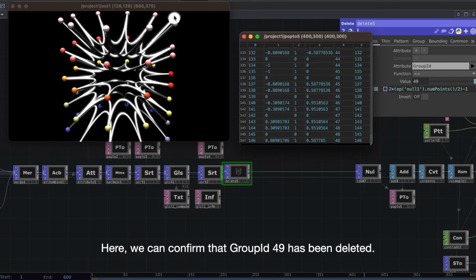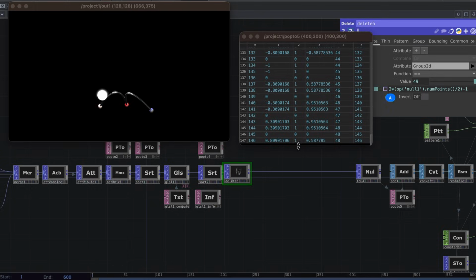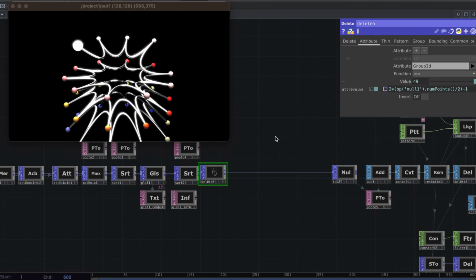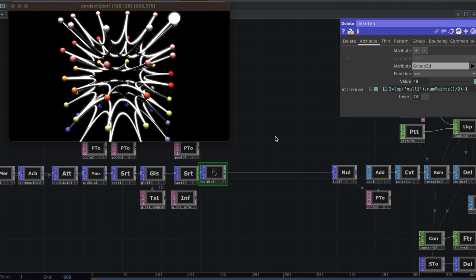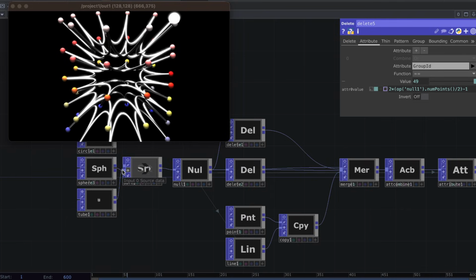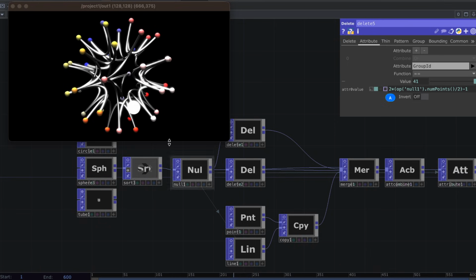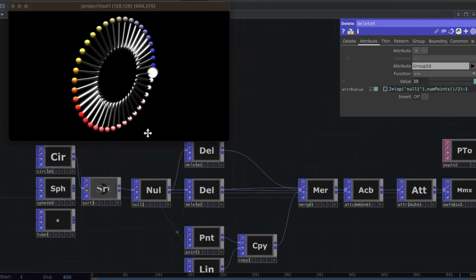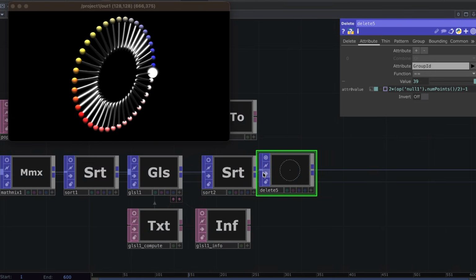Here, we can confirm that group ID 49 has been deleted. After applying some custom settings,